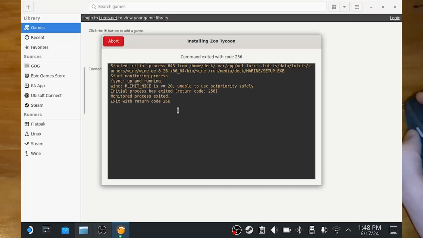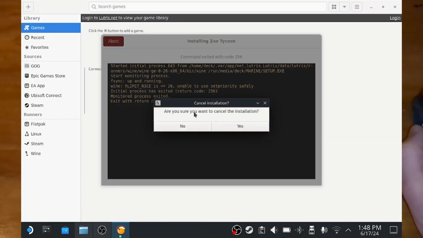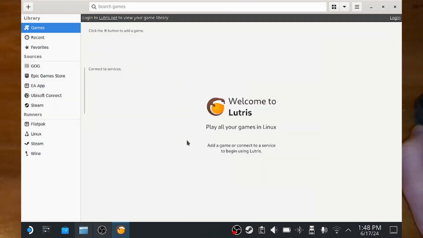And again, it does the exit code, but nothing really happens, so you hit abort. And here you don't have the box check, but since you're already installing into folders that existed prior, it doesn't even try to remove stuff, so you're good to just click yes. And now,